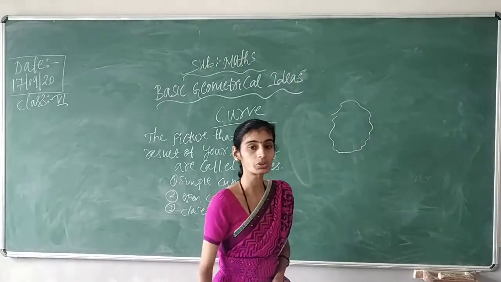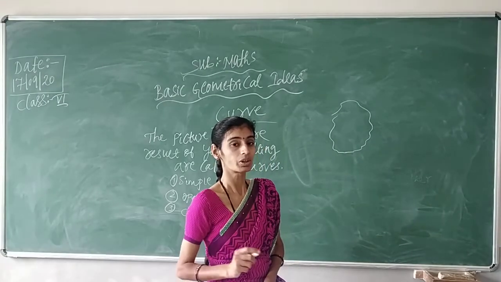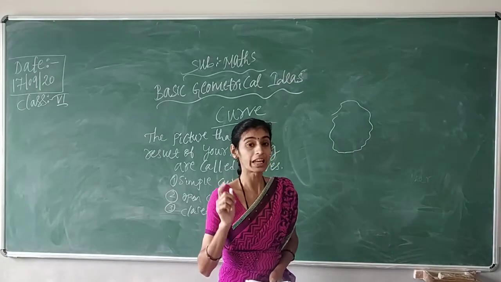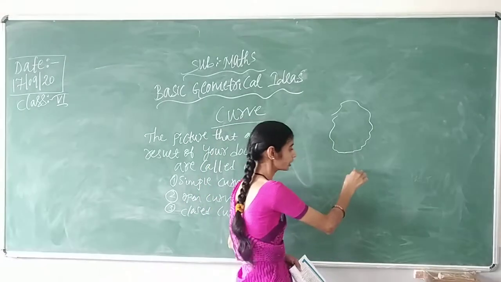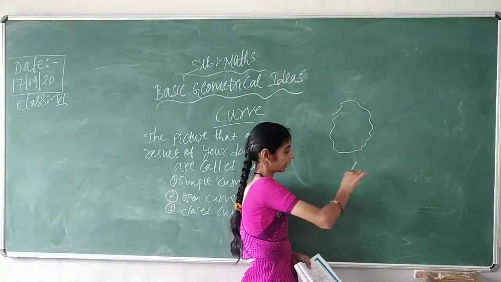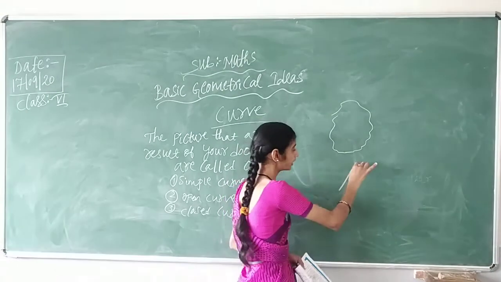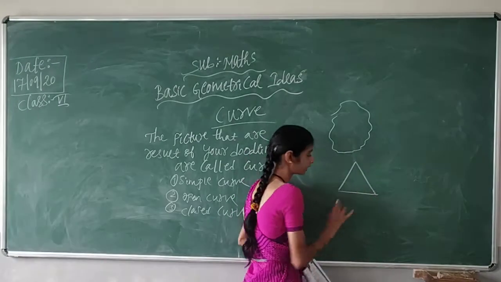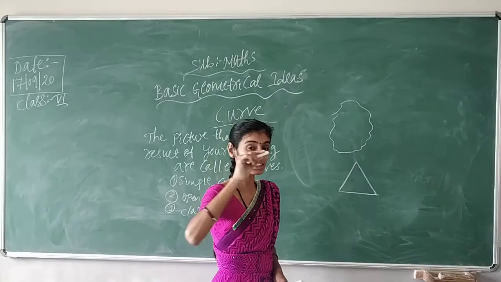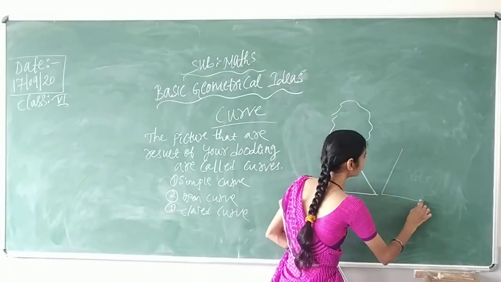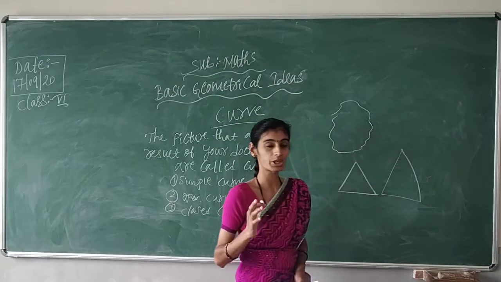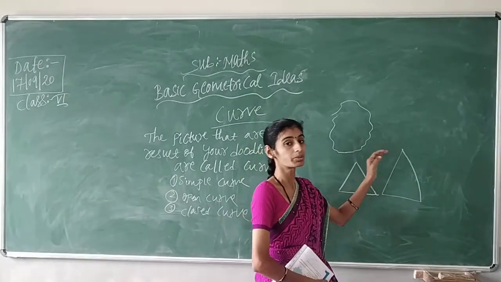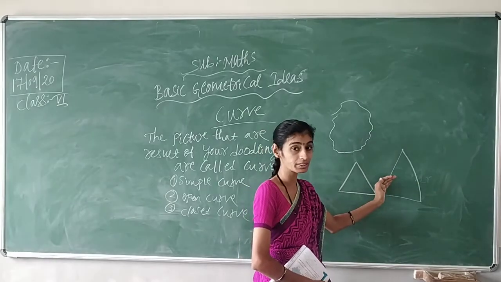Suppose you want to draw a triangle. You need a scale, yes or no? And you need to lift your pencil. Suppose this is one line. I have to lift the pencil, then I will draw the second line, then I will lift the pencil, then the third line. It means you cannot draw the triangle continuously. Can you draw? If you draw, your shape will go wrong. You can draw, but you will not get the correct shape, because to draw a triangle, you need a scale.